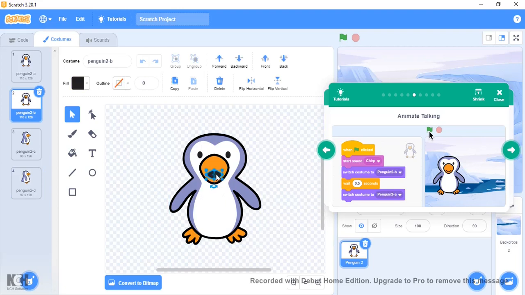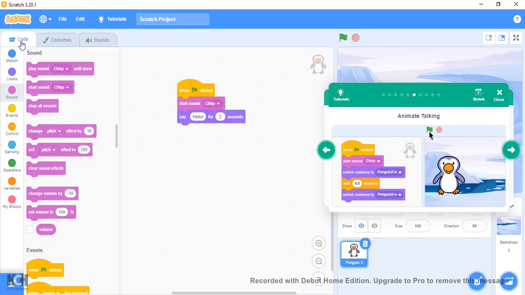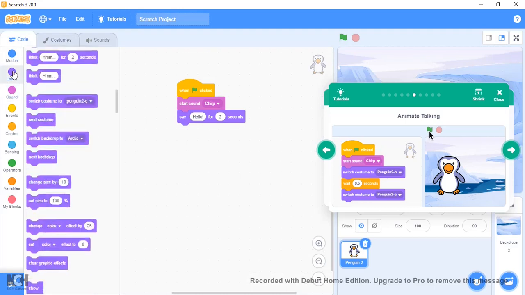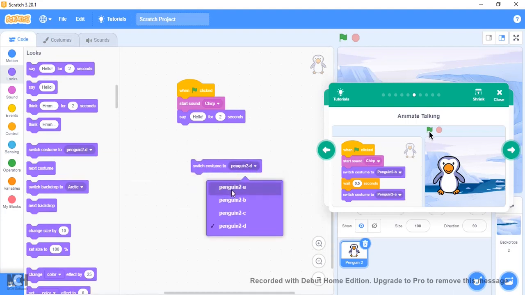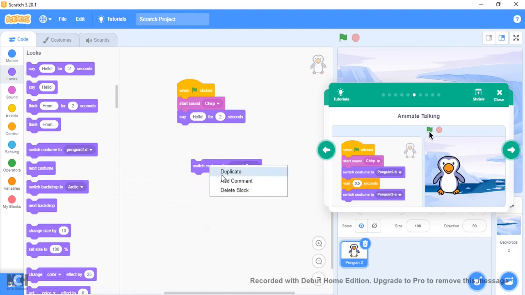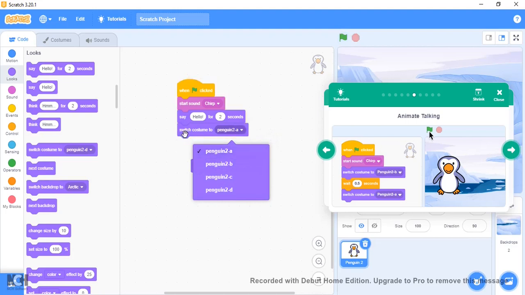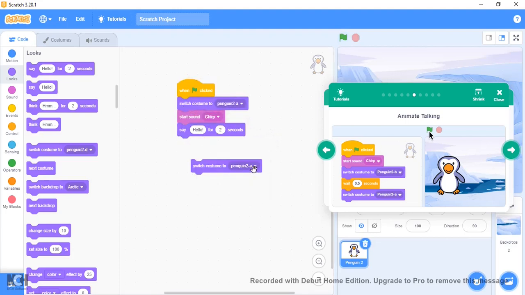You can click on the mouth and see how the mouth shape is done. That's all grouped as one, if you're interested in the art side of everything. Now we're going to go to looks again. So it's going to start in penguin 1A in the beginning, then it's going to go to penguin 1B,